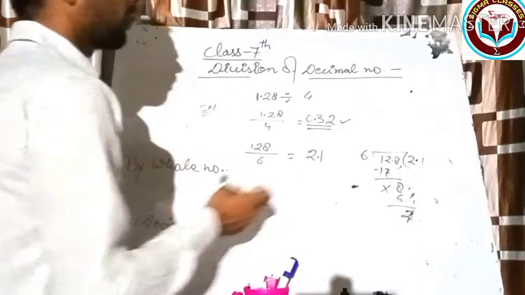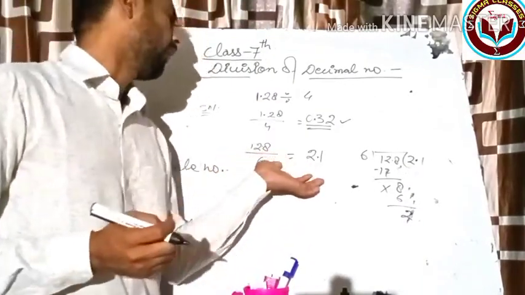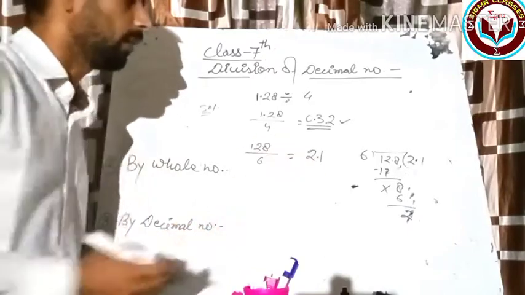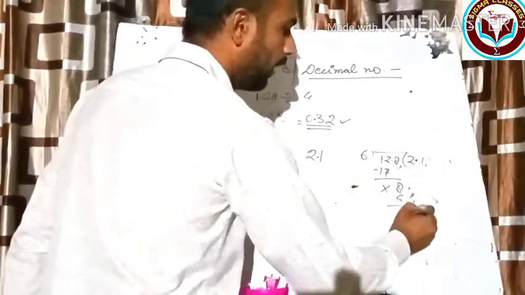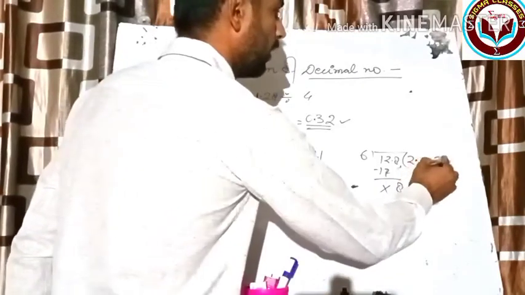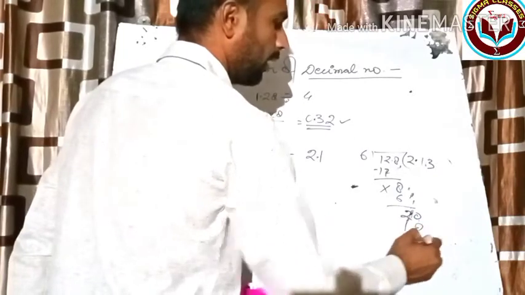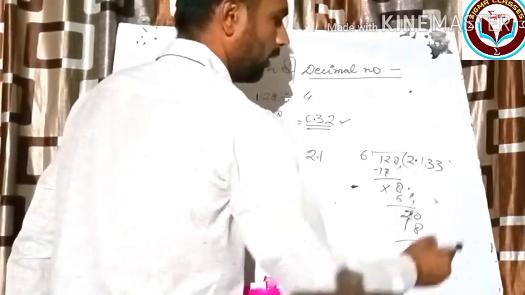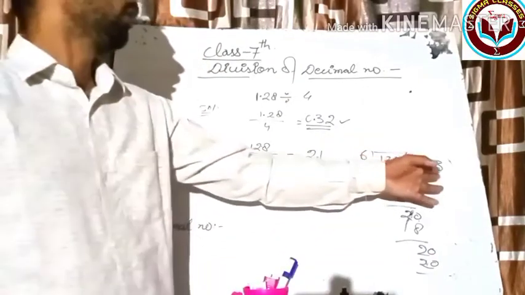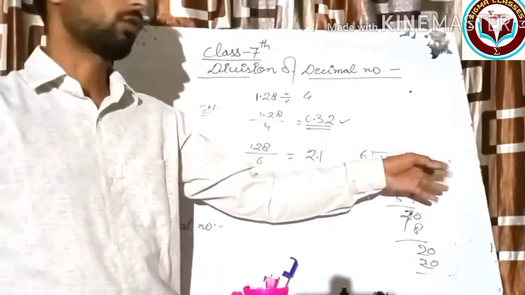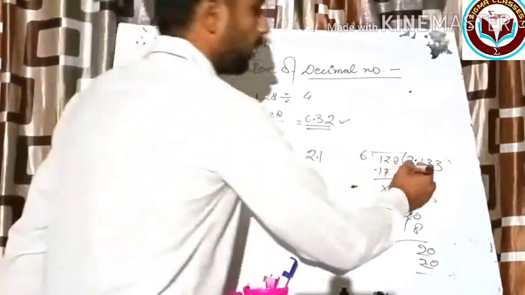Okay, so for this given situation, if the question is asking to find the answer up to the 3 places of the decimal, then you will write down the 0 here. And now 6 3s are 18, again 2, write down the 0, 6 3s are. Okay, so now your answer up to 3 places of the decimal. Okay, so it's your answer up to 3 places of the decimal.